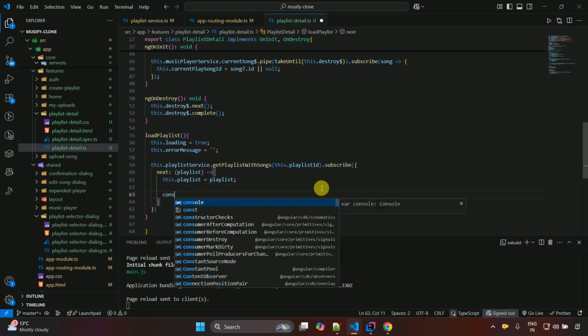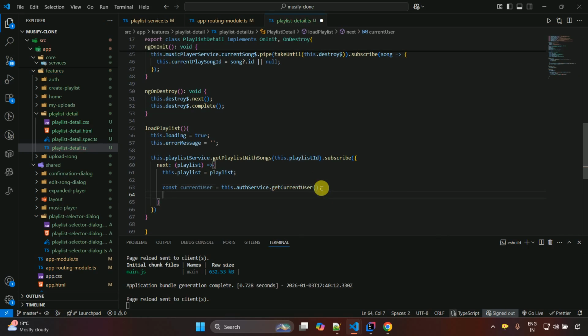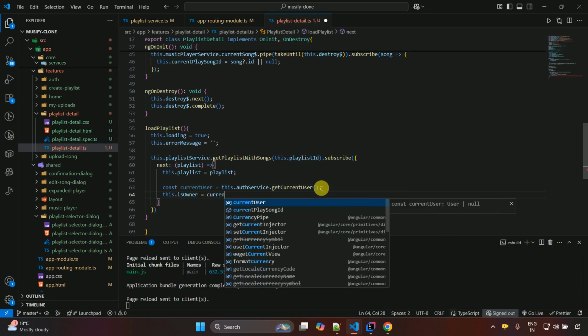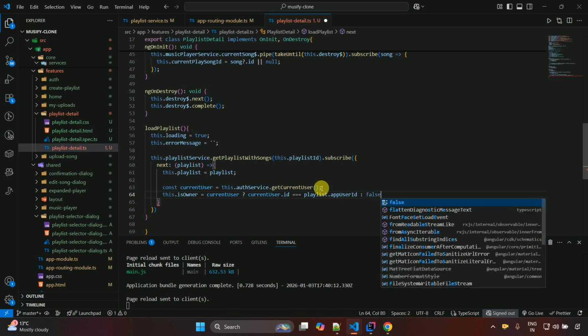So here we have to write const currentUser is equal to this.authService.getCurrentUser, and this.isOwner is equal to currentUser and currentUser.id is equal to playlist.appUserId or false,